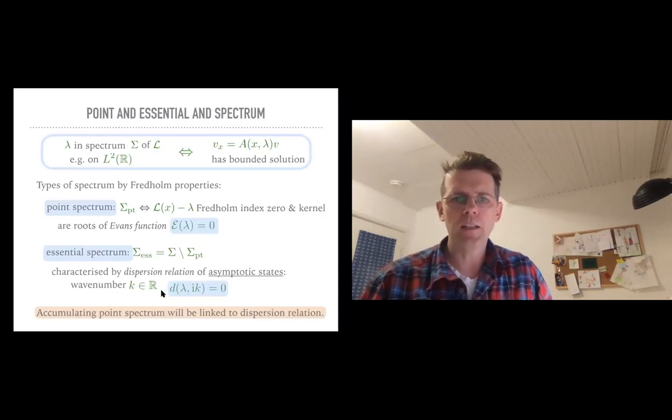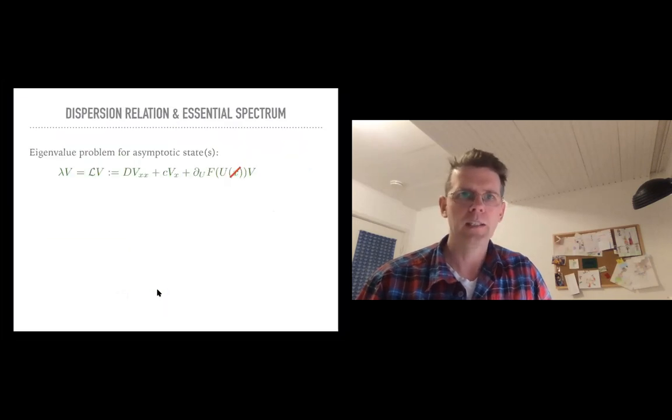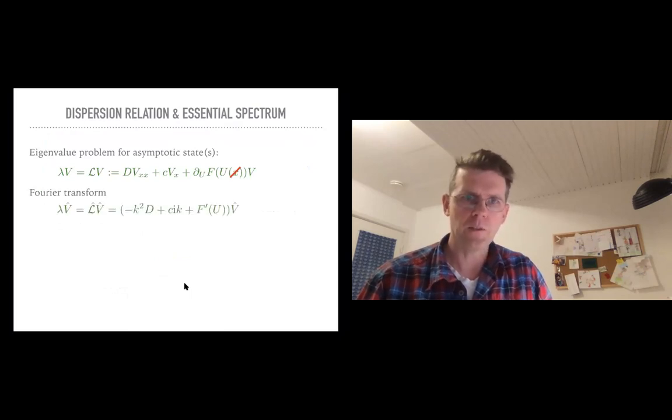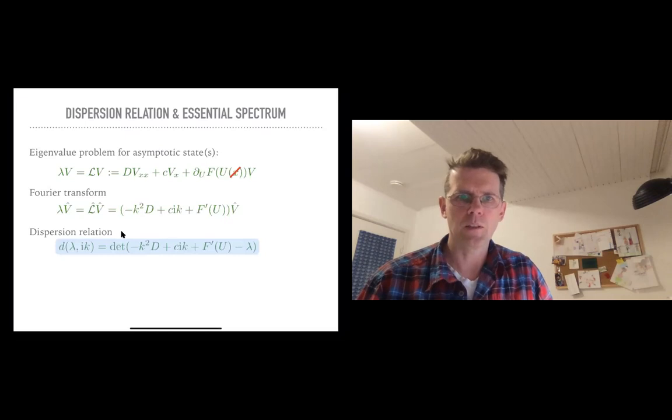And now the thing is that the eigenvalue accumulations that I will talk about are, of course, roots of the Evans function. But in order to understand where this comes from, we link this to a certain dispersion relation. So it's useful to talk about dispersion relation. And here for the constant coefficient problem, for the asymptotic states, we can Fourier transform directly and get this matrix operator, a multiplication operator in Fourier space. And then its spectrum is just given by the zeros of the determinant of that matrix operator, pointwise, for each Fourier wave number k. So that should be equal to 0, I guess, for the dispersion relation.